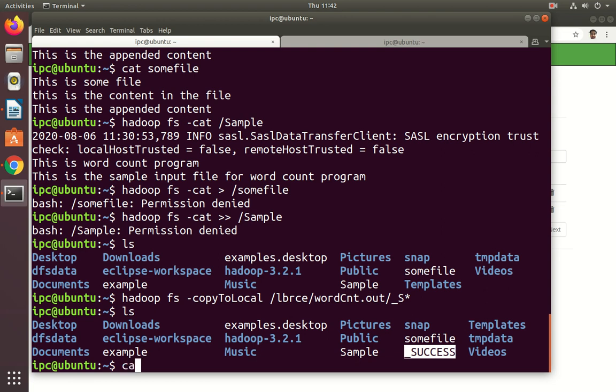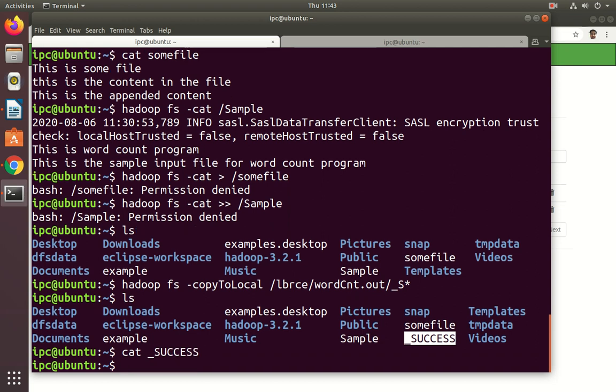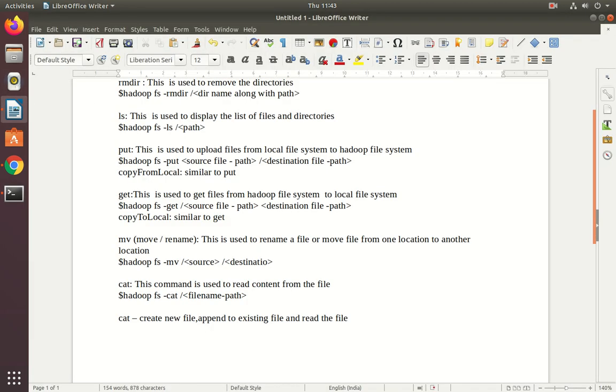If you want to read the content, open this. It doesn't contain any content here. Okay, leave it. See, that is the usage of copyToLocal. You can read files from the Hadoop file system to the local file system, quite similar to the get command. That is another command here.